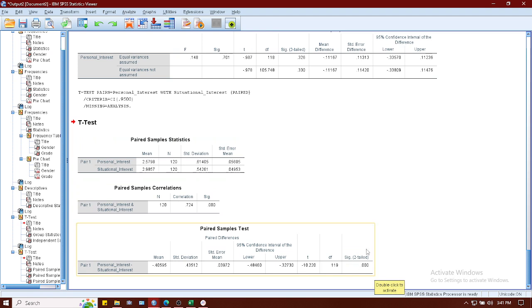So in this paired sample test, you look at the sig two-tailed column, and if the value here is less than 0.05, then there is a significant difference between the variables being measured.